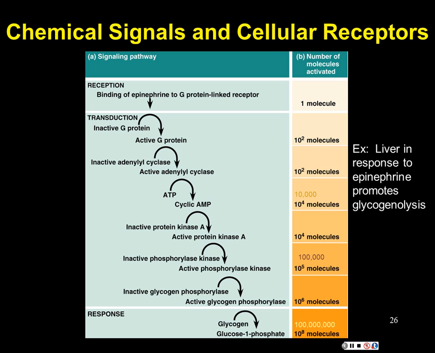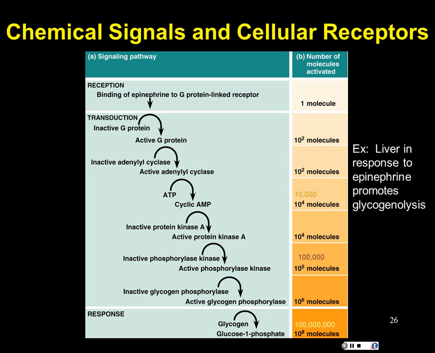So one little epinephrine molecule binds to one little receptor. Instead of causing one little release of glucose, what happens is a cascading series of reactions. And if you look at the quantification, one molecule, I'm going to go 10 to the second power. Activation of intermediate molecules we'll call G proteins in a moment. And then still we begin to increase.